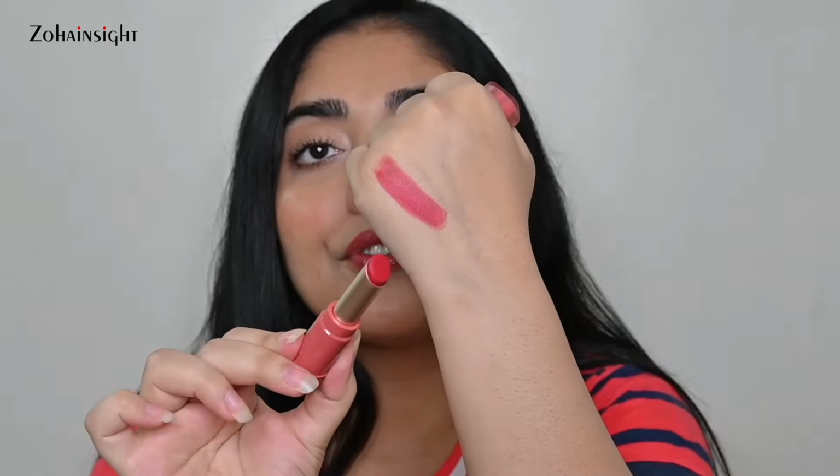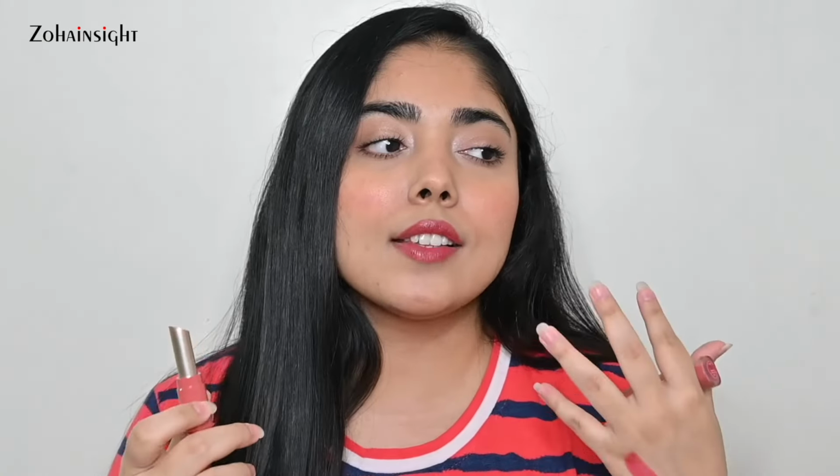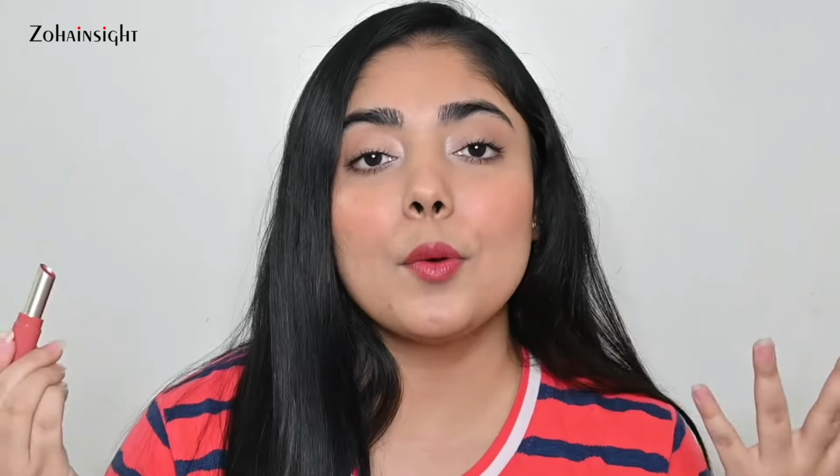It's always easy to touch up with this and doesn't feel drying, heavy, or sticky onto the lips, and it gives you the lip look as if it is your natural lip color. You can apply a little bit to give that tint, or you can just increase the opacity. The opacity is so good in these lipsticks, and you can definitely control that. So yeah, I highly